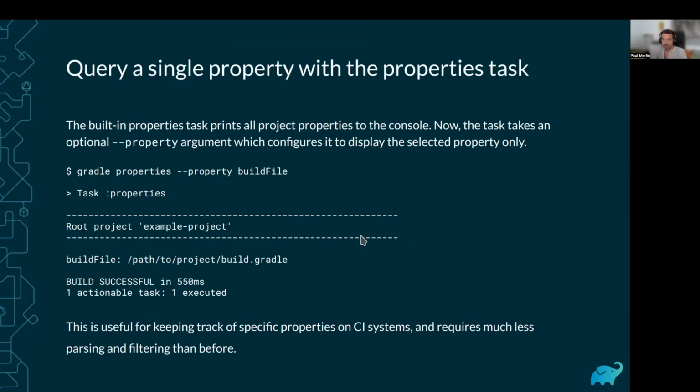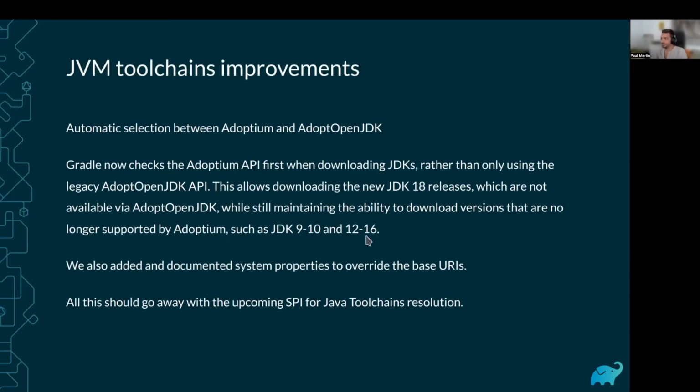You invoke Gradle properties --property, the name of a property, and you get only this one. Next, this one is a bit larger, so we made some changes to how JVM toolchains are resolved to